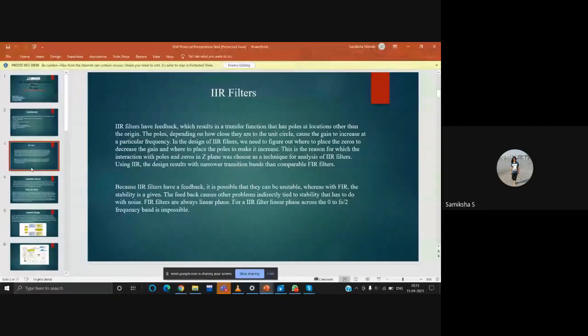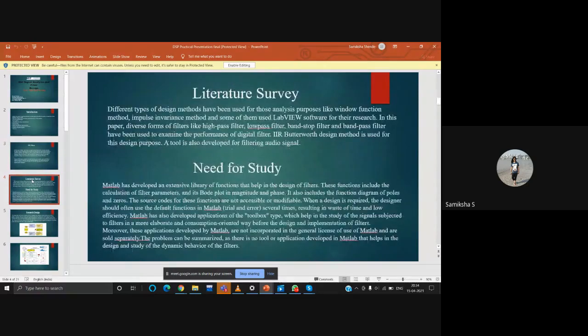Hence they can be matched to analog filters, all of which generally have infinitely long responses. The basic technique of IIR design is to transform a well-known analog filter into a digital filter using a complex value mapping. This is the IIR filter.